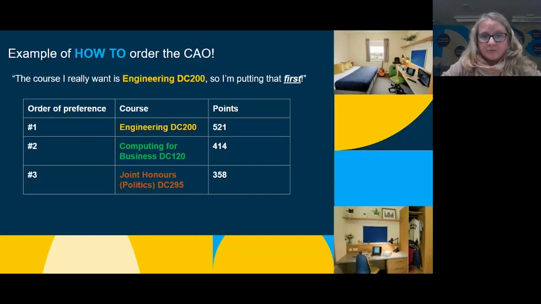just in case I don't, I've done my research and I'm actually really also quite interested in computing for business. I think that would suit me very well as well, DC 120, and the points are lower. So if I don't get engineering and I got offered computing for business, I would be really quite happy with that as well. But lucky for me, I actually have lots of interests on subjects that I like doing in